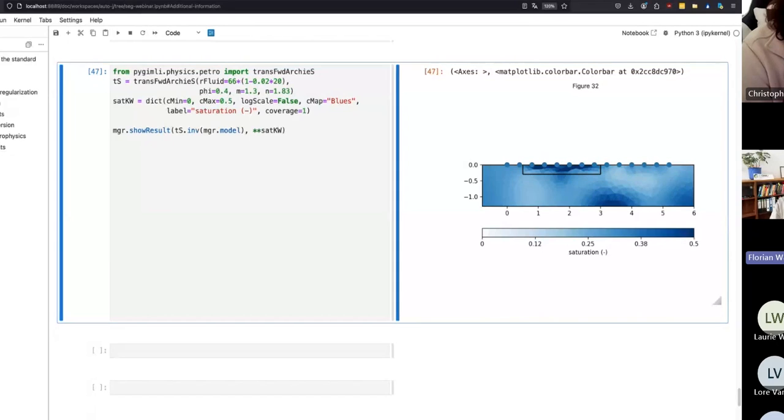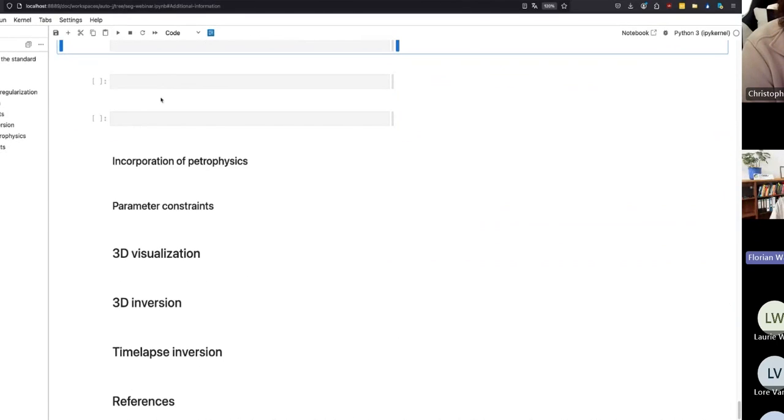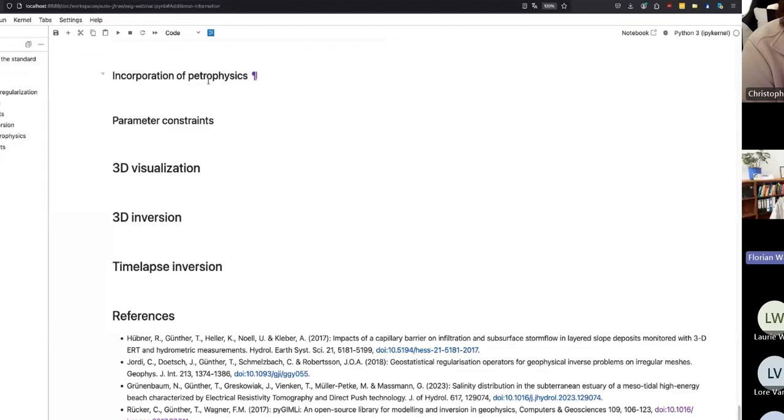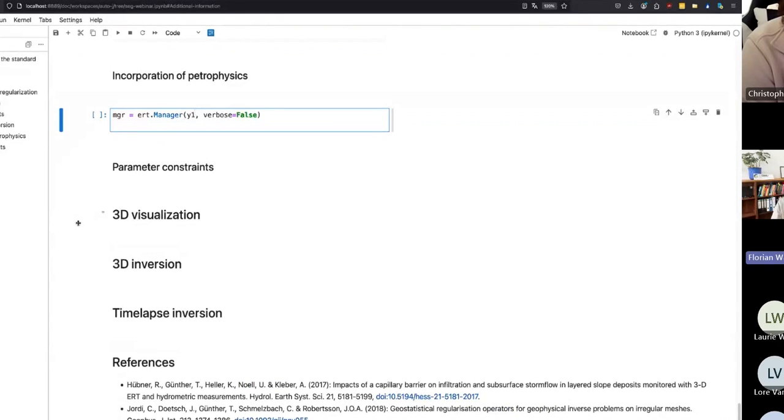But these petrophysical transformations also allow us to formulate a petrophysical inversion, and this is what we want to do here. So I'm incorporating petrophysics. I'm reinitiating the manager. What comes into play now is a new forward operator. I have to define a petrophysical forward operator, which gives me the electrical system response due to a change in saturation. And for that, we have in the framework the so-called petromodeling,